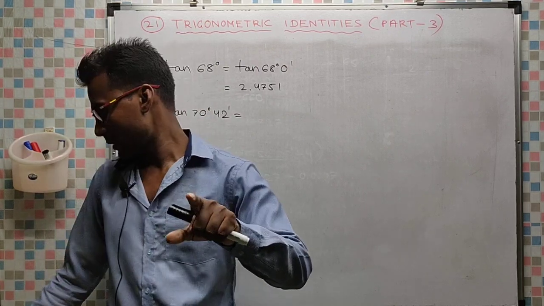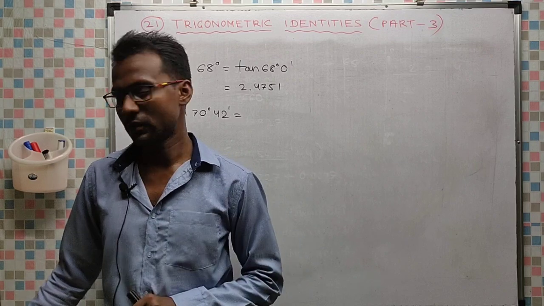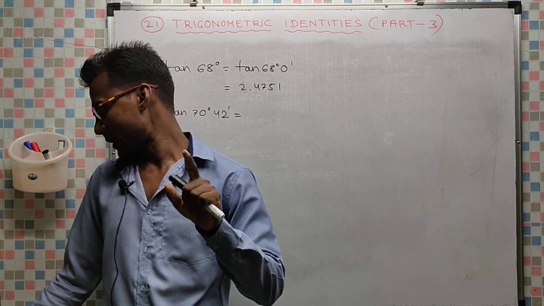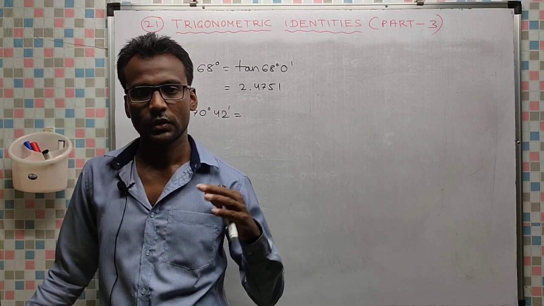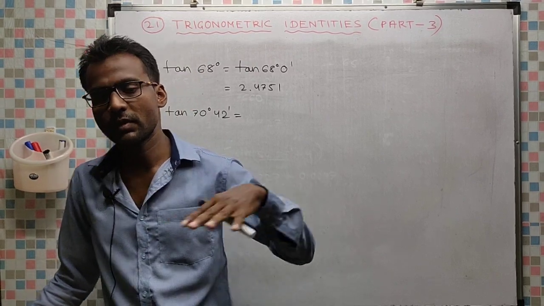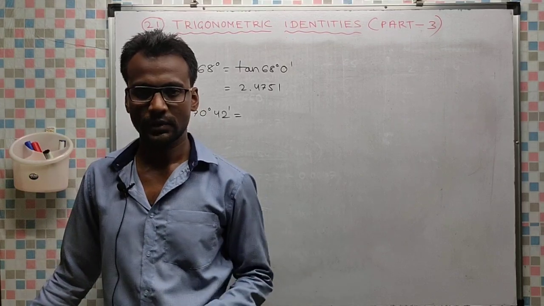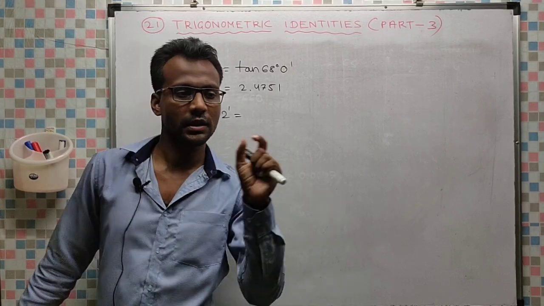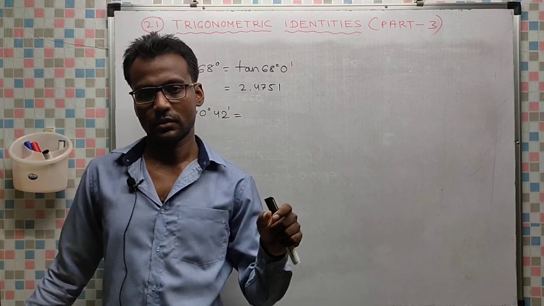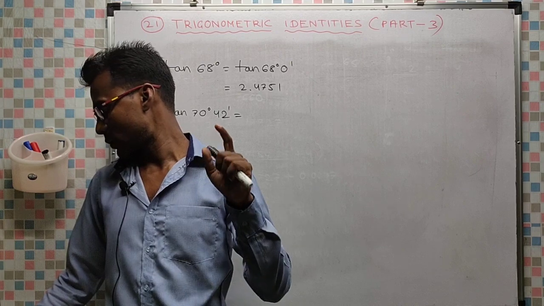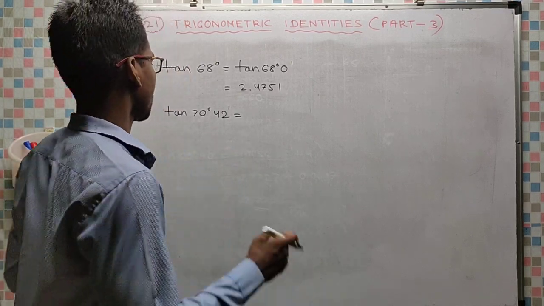2.8556, because you can see 70 degree 0 minute. Look at 70 degree 0 minutes. The value is 2.7475. So all the values for the remaining minutes for 70 degree will be 2 point something. So don't forget that too. You have to always see what is the value at 0 minute. So don't write in a hurry 8556. It is 2.8556.